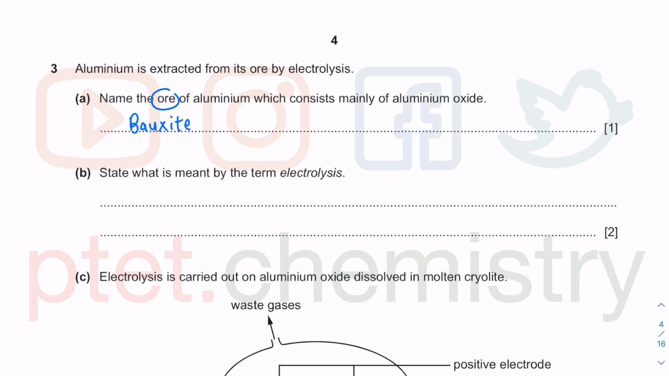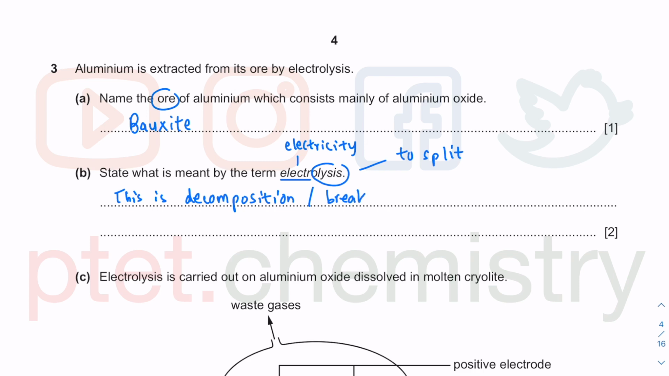Next one, what is meant by electrolysis? So electro, that definitely is to do with electricity. We are passing electrical current through an electrolyte. Lysis, the English word, means to split. So what we are doing here is splitting. So this is breaking up, or you can say decomposition,